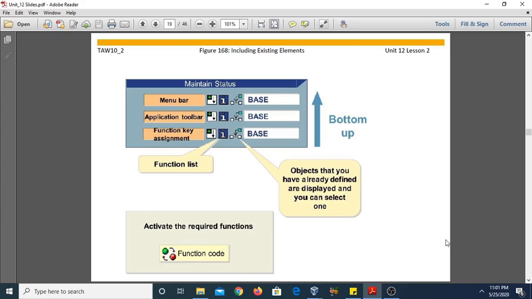Now the question arises, how can we use these function keys or menu bar or menus in our programs? So we need to assign these items in the module code.